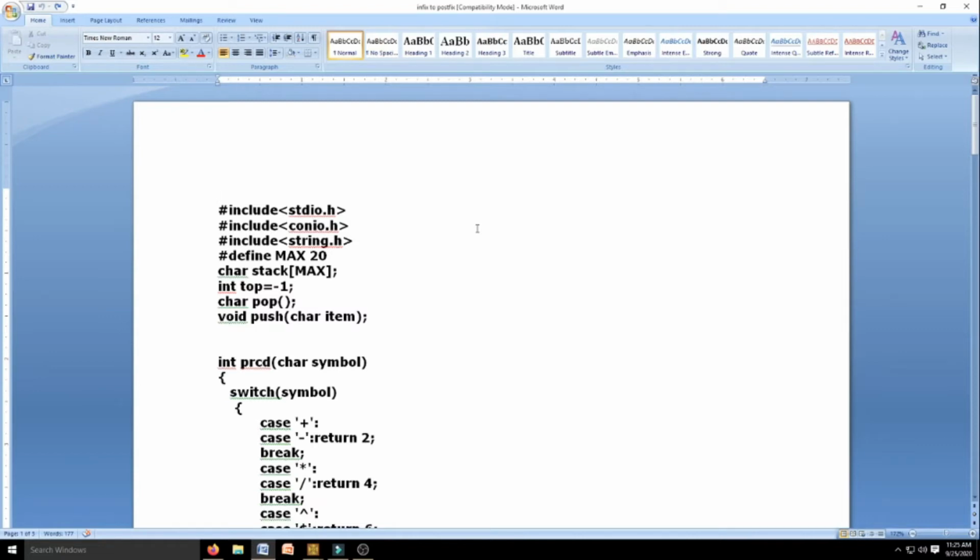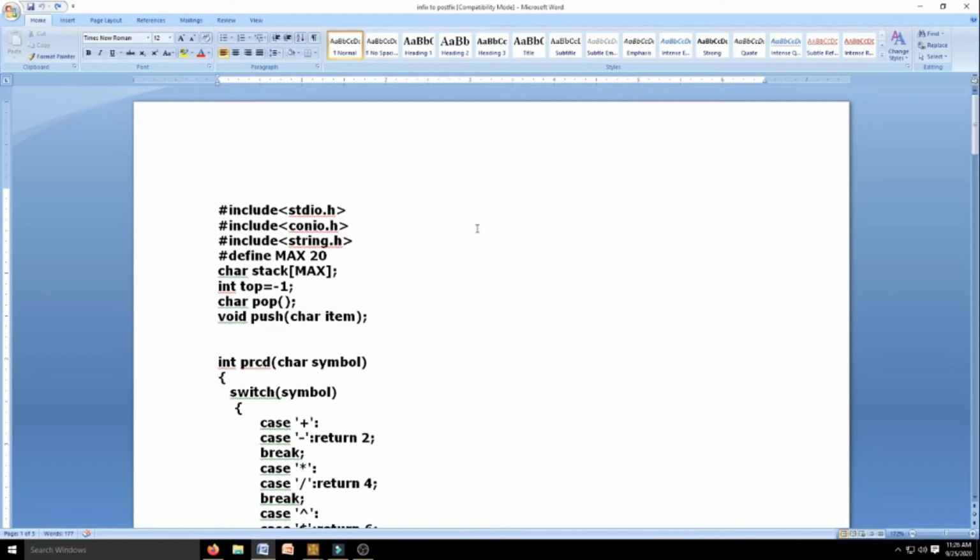So first of all you have to decide whether it is an operator or an operand when the input string is given to you. Conventionally, when equations are shown to you, since we have eyes, we can easily say whether it is an operator or an operand. Whereas for the computer, all are characters. Whether it is an operator or an operand, all look like characters. So hence we need to decide whether the input character is an operator or an operand. So some small operation has to be carried out to identify this.